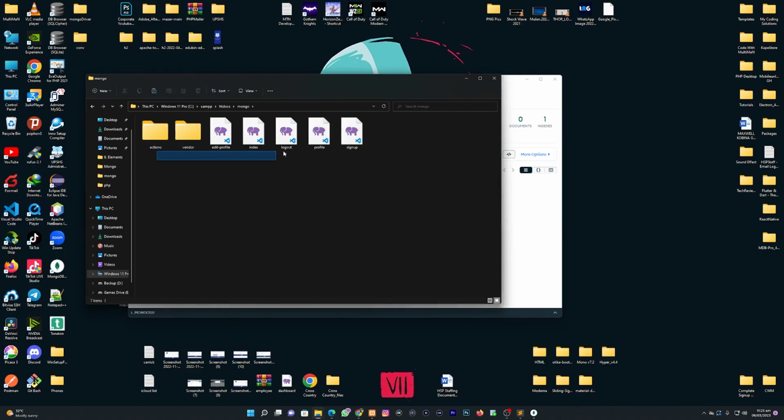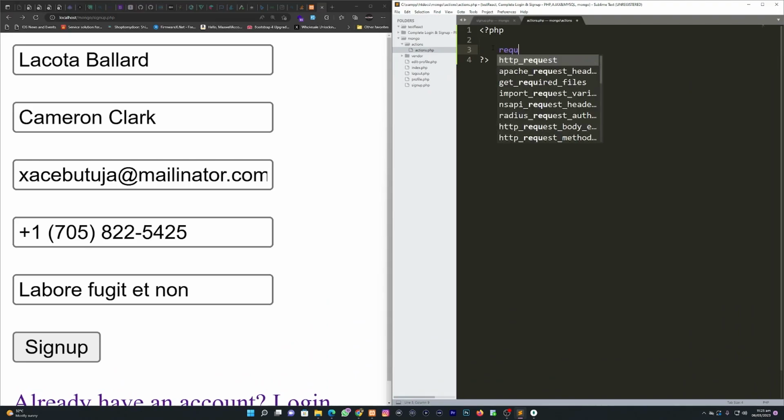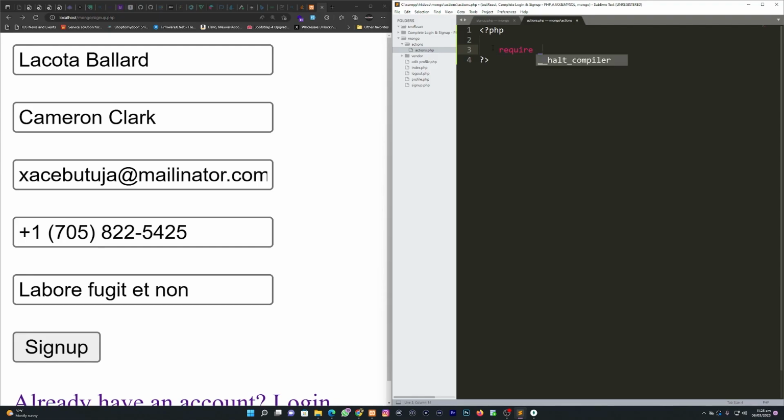Okay, so now I've added the MongoDB driver to my project here. Now I can start using the driver. So I'll go back to my text editor in my web browser. What I'll do now is require, you can use include or require. So we're going to require the directory,